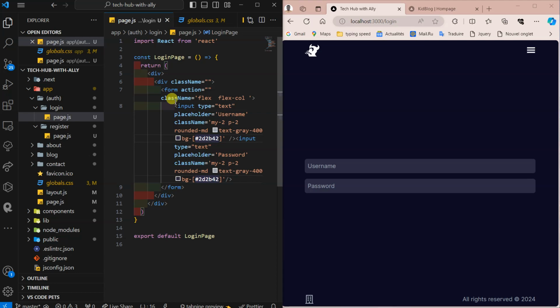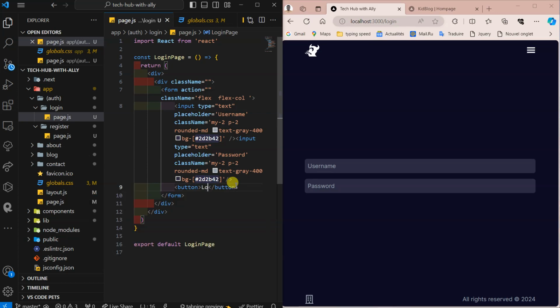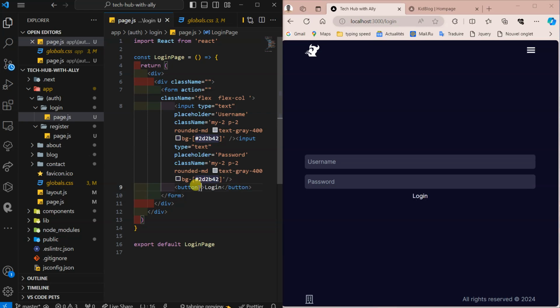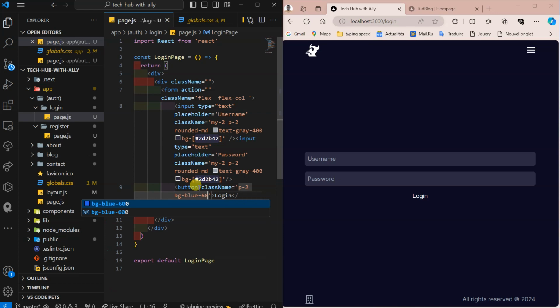Yeah, it's good. Then let's add our button here now, one button only. So down here I can set button like this. It's going to be login like this. Then this button will have a background, it will have class name. First of all, it will have the padding of 2, yes, all of them. It will have background of blue. Okay, that blue should be 600. If I save like this,